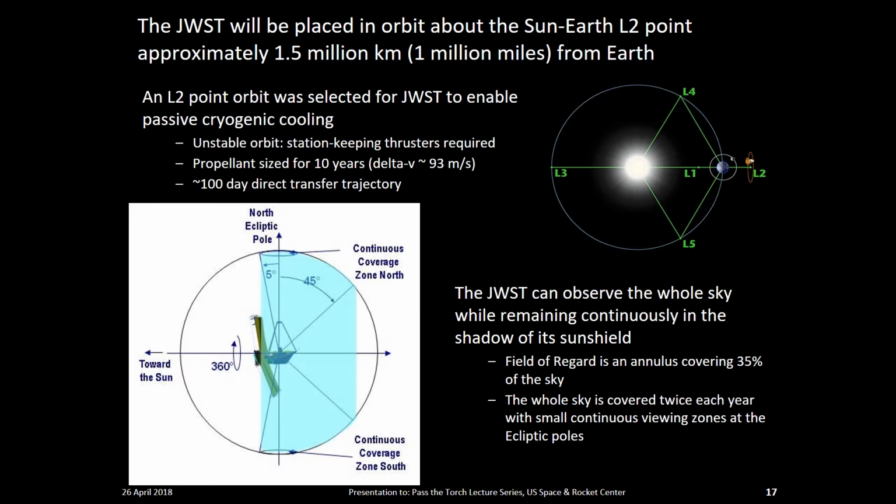so that will cause us to stay out of the shadow of the Earth. We need to be out of the shadow of the Earth because we're generating electricity with solar arrays. But you'll see that in that position, all the sources of heat, the sun, the Earth, and the moon, are in the same direction. So we realized that if we could deploy a giant sunshield so that the telescope would live always in the shadow of the sunshield, it will cool passively to this very low temperature of minus 400